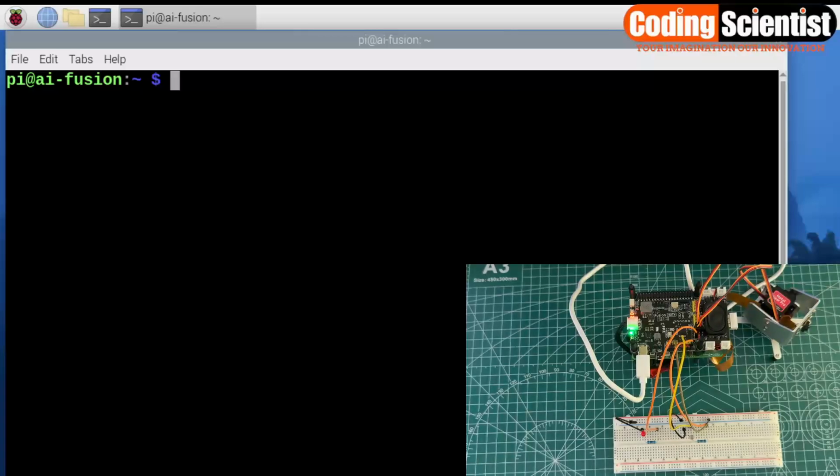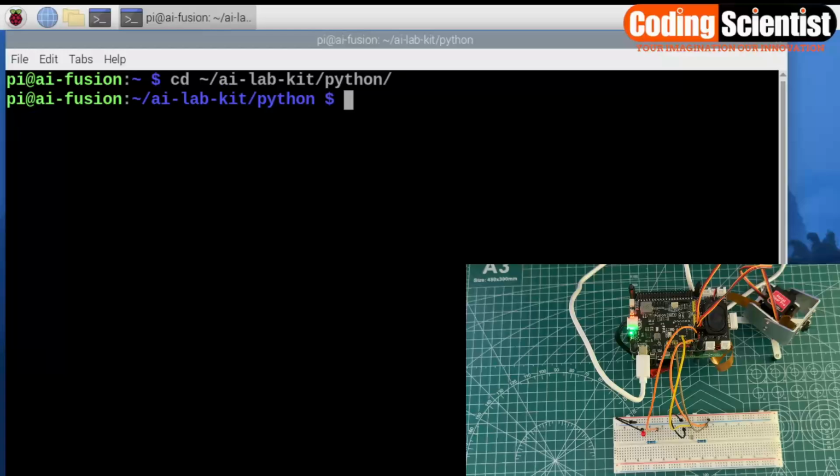So let's say cd ~/AI-lab-kit/python/. I opened the directory, I got into the directory, and now I need to open the program, the code,